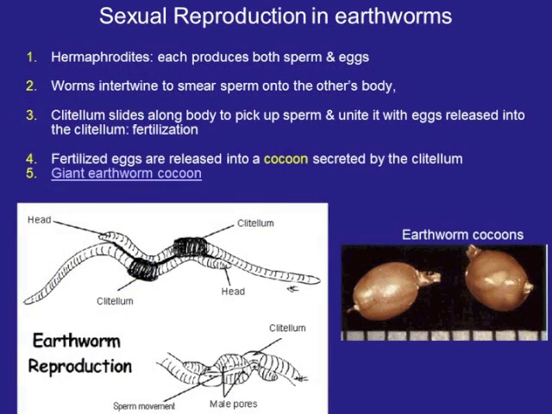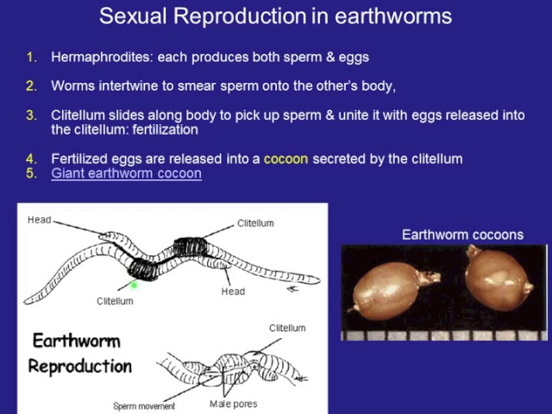Sexual reproduction in earthworms: they're hermaphroditic, so they both produce sperm and eggs. But the worms will find each other and intertwine to smear sperm onto the other's body. So they do reproduce sexually, although they are hermaphroditic. The clitellum slides along the body to pick up sperm and unite with eggs released into the clitellum, and there's